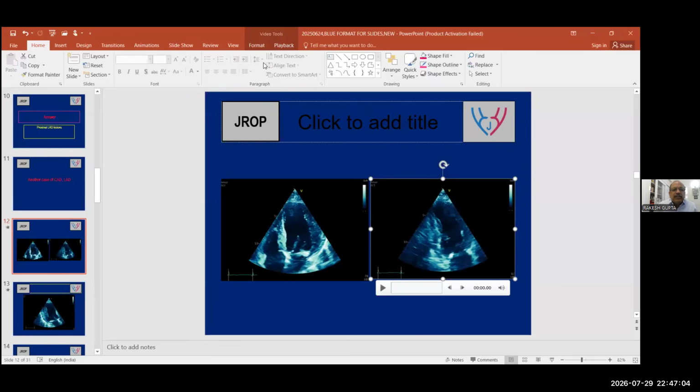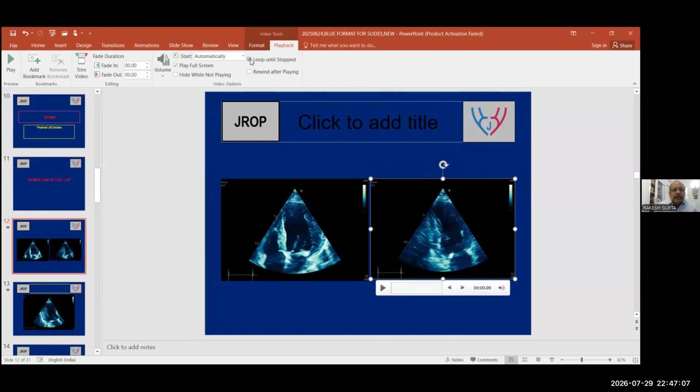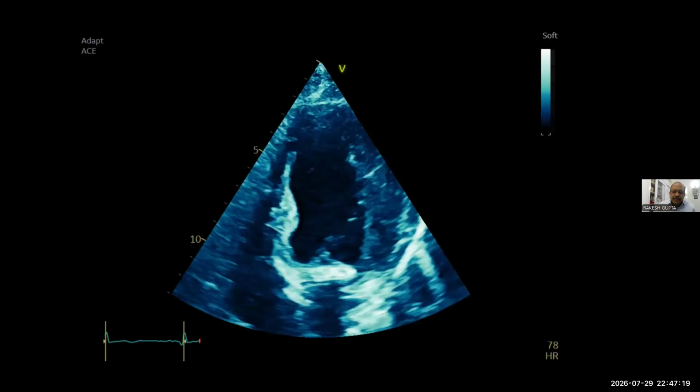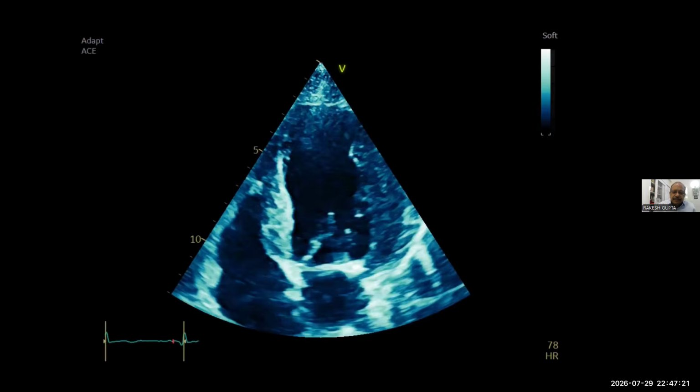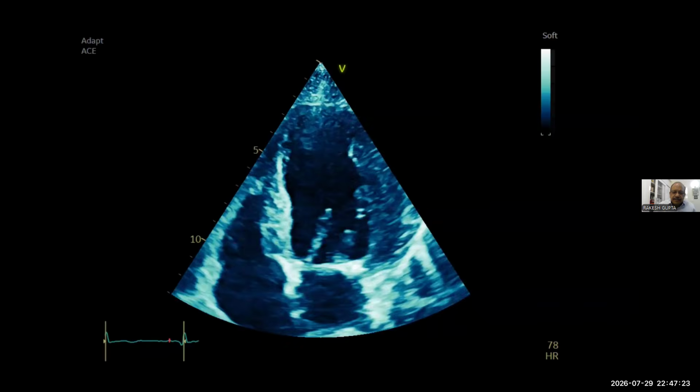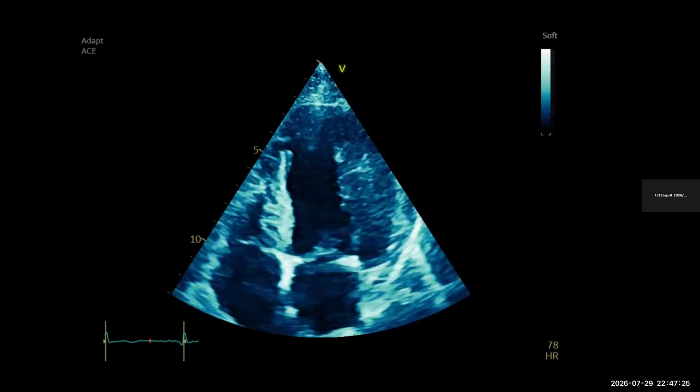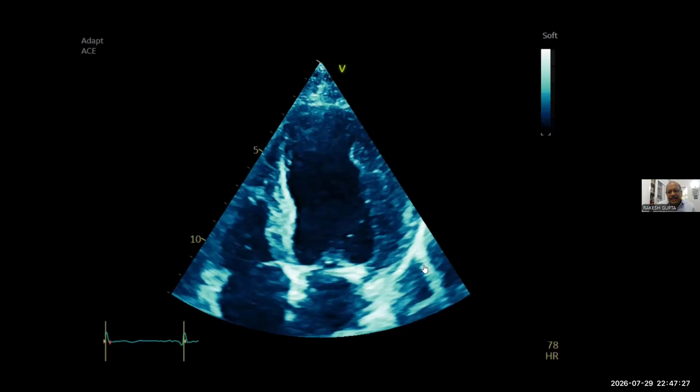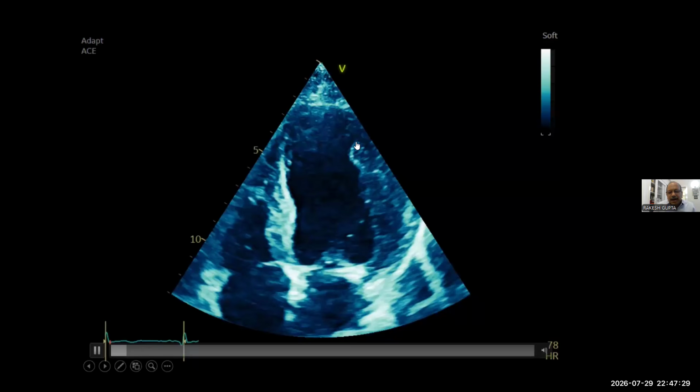We'll look at the first one. All right. So what's the territory involved? LAD septum, LAD is involved, sir. Septum is involved. I'm not saying LAD, I'm saying apical septum. Yes, sir. Apical septum, along with the apex, appears to be